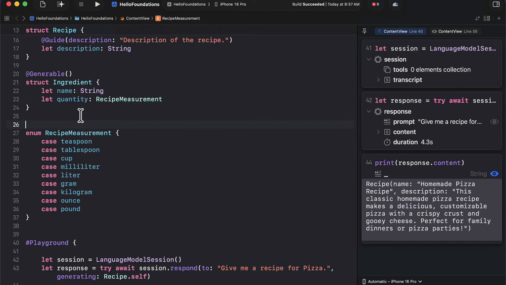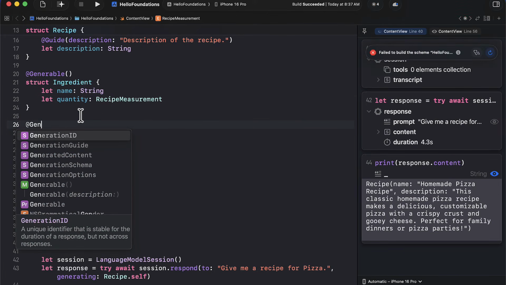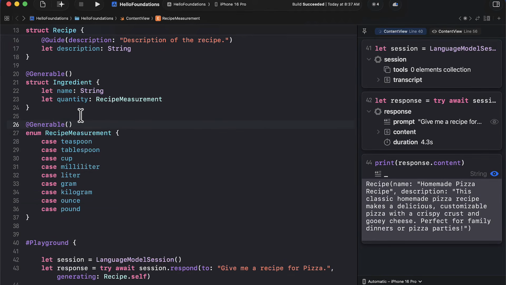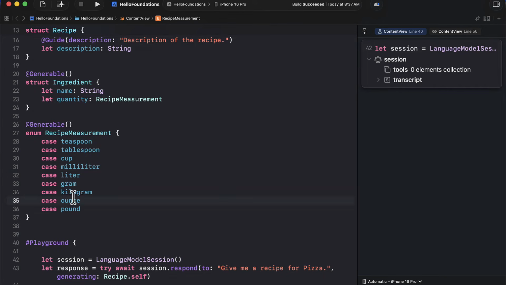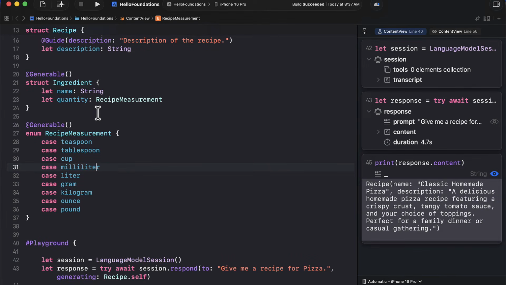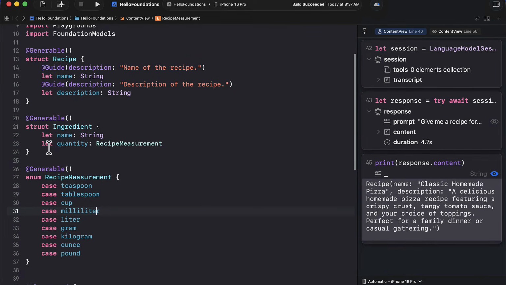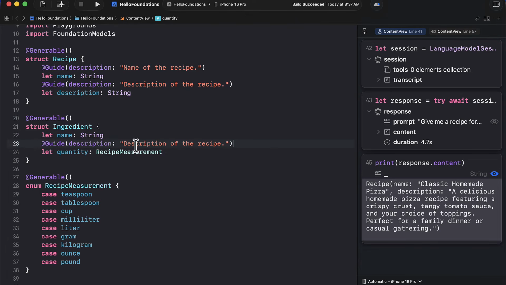Now the recipe measurement is also going to be generable because the model will be generating whether it is 1 tablespoon, whether it is a cup or liter or gram or ounce or pound. So all of that stuff will be generated by the model. Now we can leave it like this, or if you want, you can add some guides to help it out. So I can actually add a guide to the quantity, and I can say,